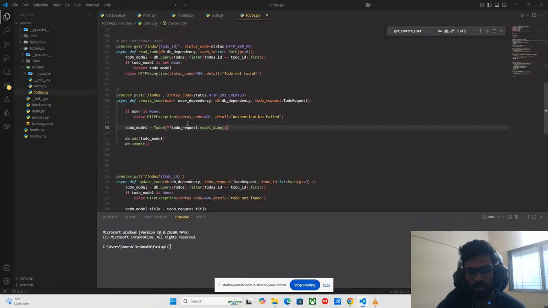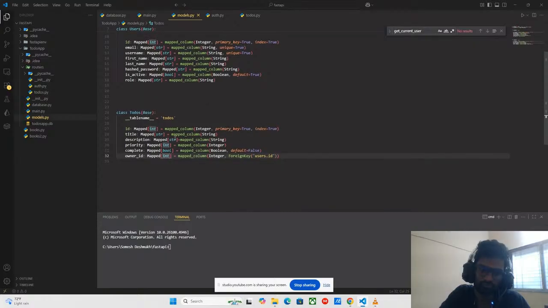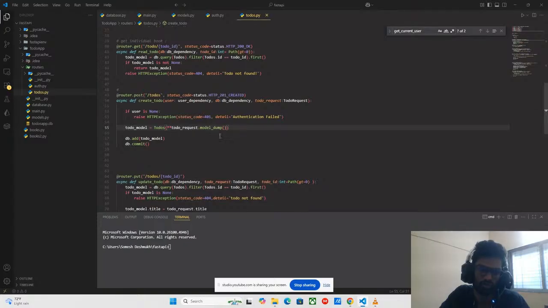And also this class does have something called... Now this to-do has got something called owner ID, which we want to put in here. Fine. So how do we put it in here? So we say comma,